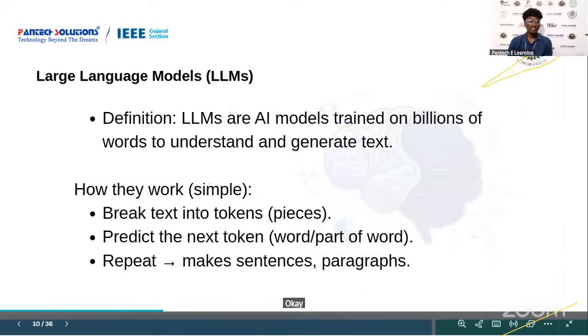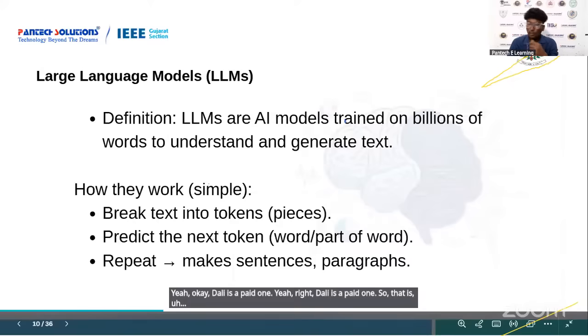Okay, now what is LLM? Anybody? Yeah, okay, DALL-E is a paid one. Right, we need to pay for that, then only we can access it.